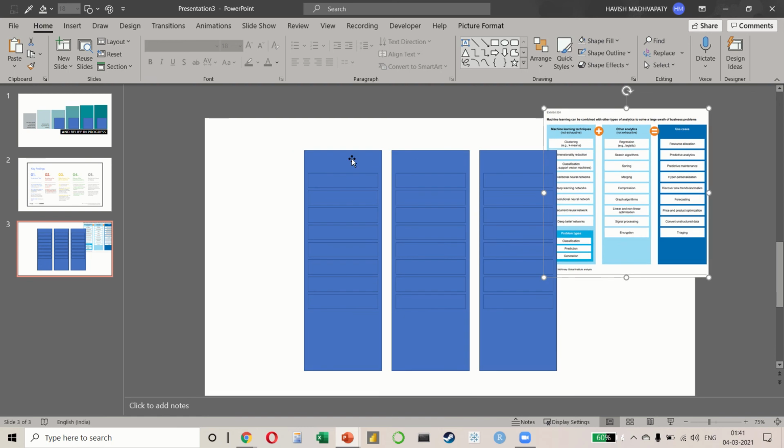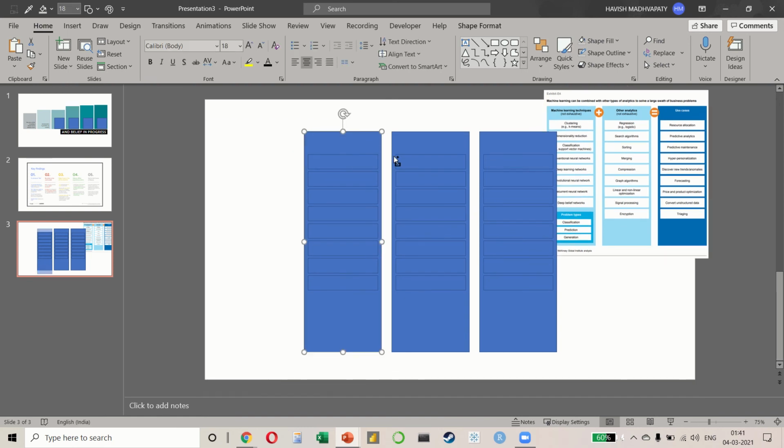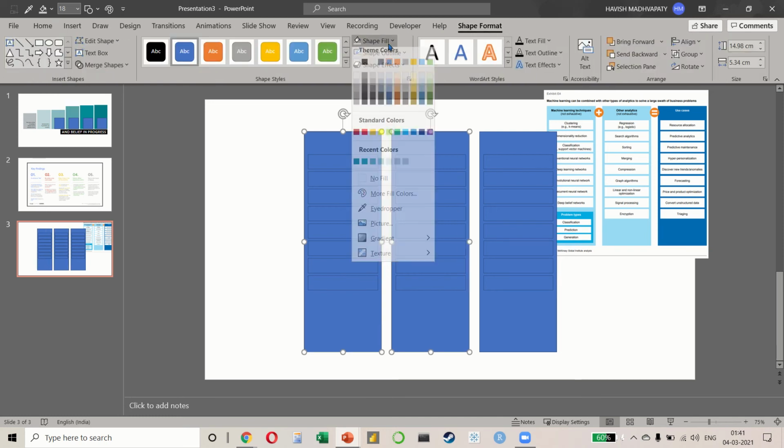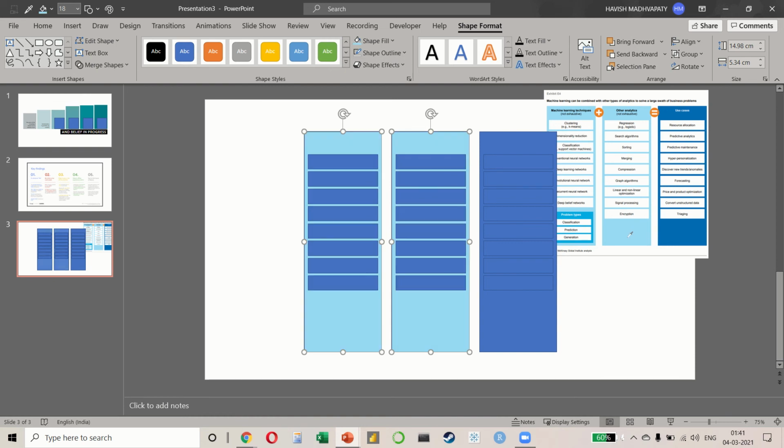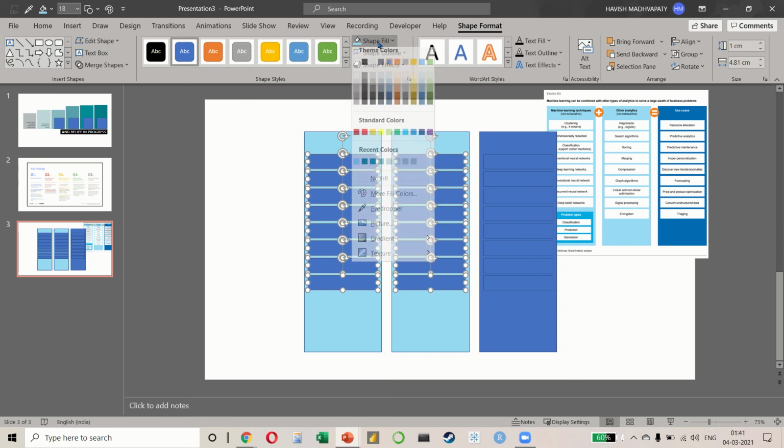We already know how to do this. So I will select the first two rectangles, go to shape format, shape fill, eyedropper, and then select this light blue color. We will drag and select all these small rectangles, shape fill.